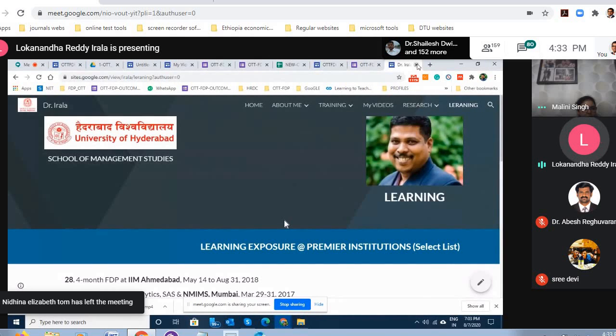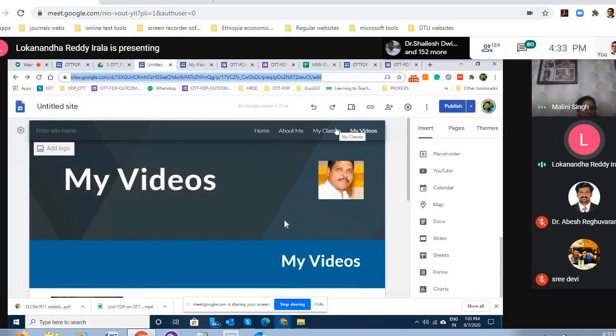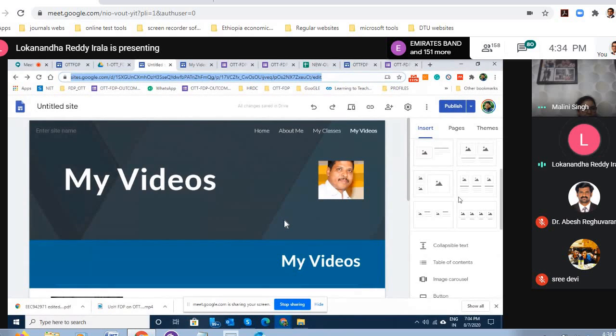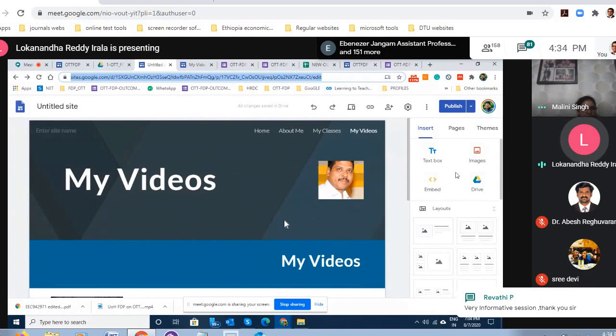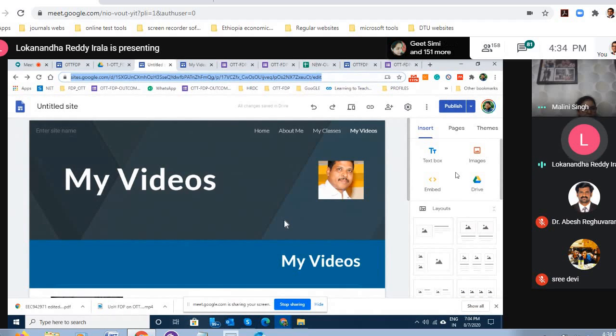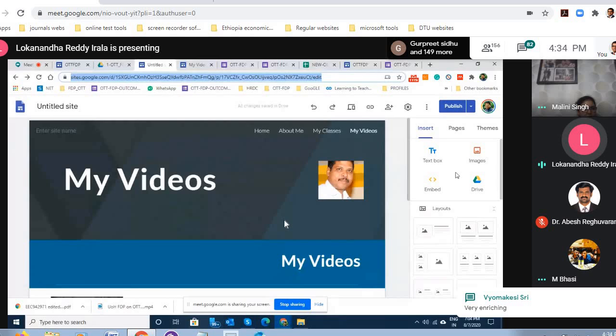Fairly, today I wanted to cover the nitty-gritty of making a site, but the experimentation is boundless. You can experiment with all that you have here. Something like a placeholder, just click and play. The more you play with it, the more you get it. But the objective of this 10-day FDP is to get you introduced to these concepts. So today I think I have been successful in convincing all of you that the Google site is a great thing to explore. If I have met that objective, I am done with it. If I have not taught you anything in Google site, that is fine with me.